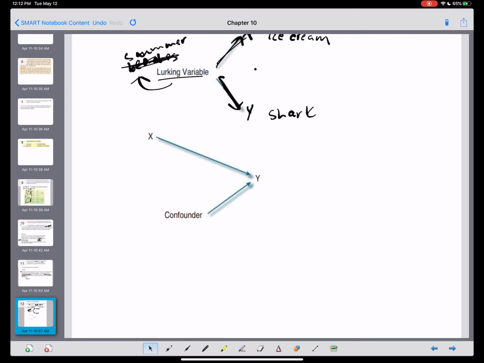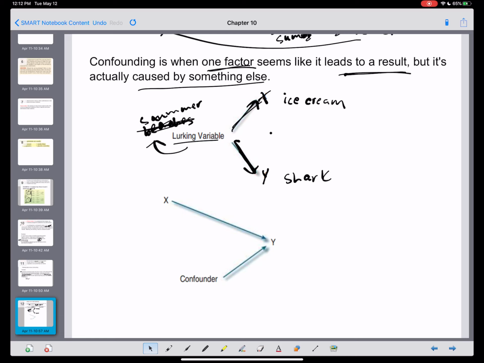So let's see a picture of that. X leads to Y, but the confounder leads to Y as well. So Y is created by two things: X, but also the confounder, which is something else. Okay, so in our example,